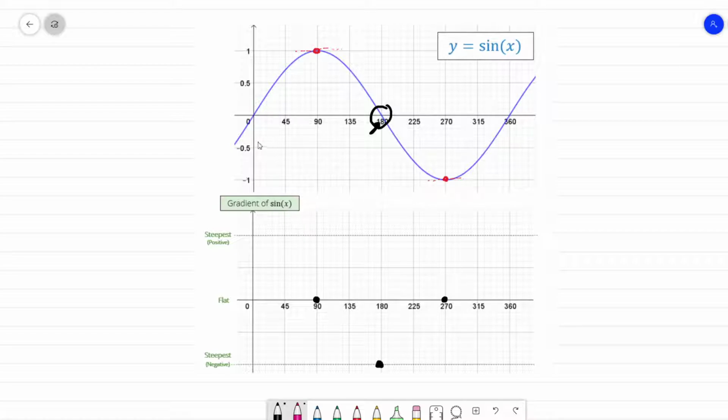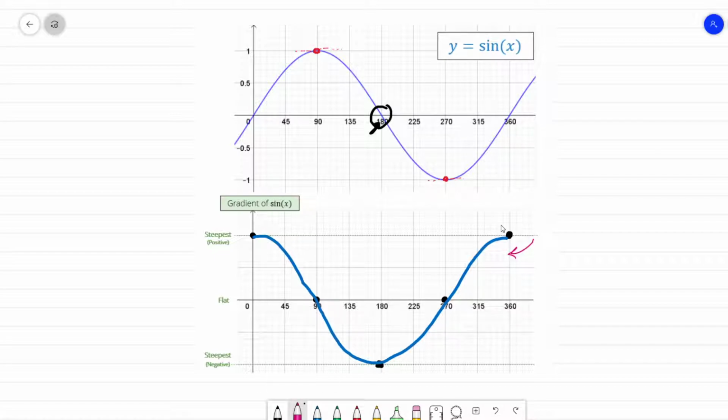And the steepest positive points in the graph seem to happen at 0 and at 360. So let's mark that on. Okay, so the sine curve is fairly smooth, so I'm going to try and follow that smoothness, and we'll see how this goes. This could go disastrously. Could be worse. So we get that sort of shape,